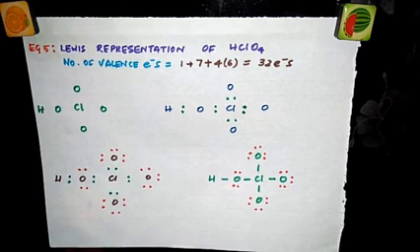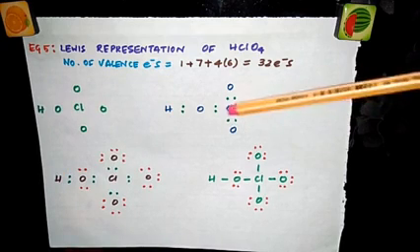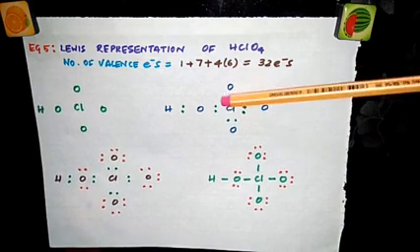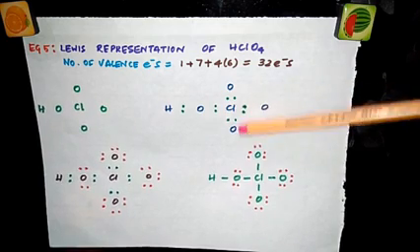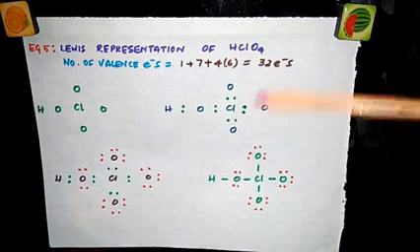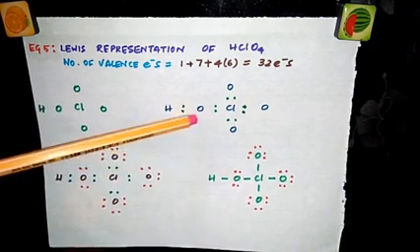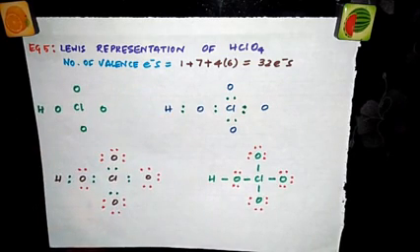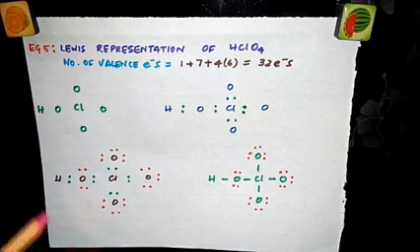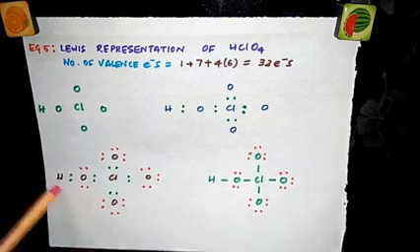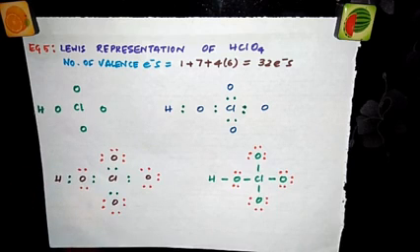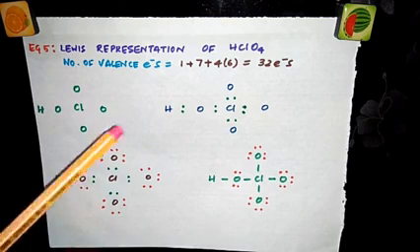Now put one shared pair of electrons between each atom. Between chlorine and oxygen, 1 pair. Same way here, here also 1 pair, and here also 1 pair. And again between oxygen and hydrogen, a pair of electrons. Now the next step is to complete the octet. We will see octet for oxygen but not for hydrogen, because hydrogen has a doublet configuration. Already 2 electrons are here, so hydrogen is satisfied. So you need not put any more electrons. Check only for the oxygens.